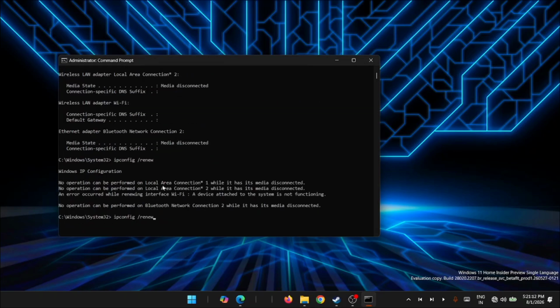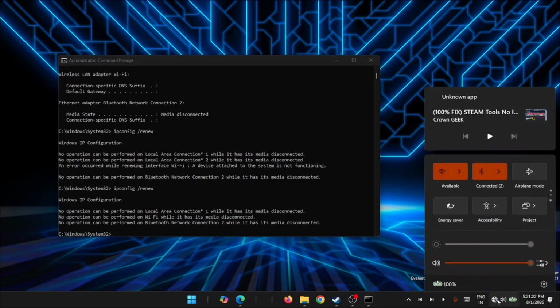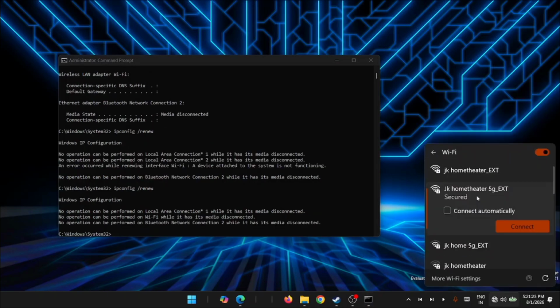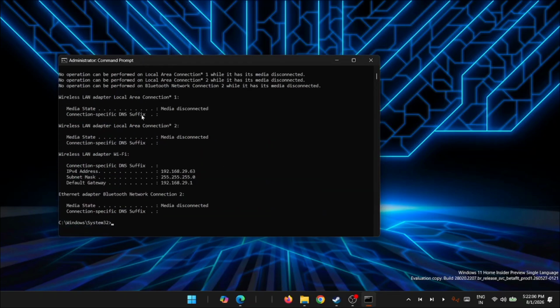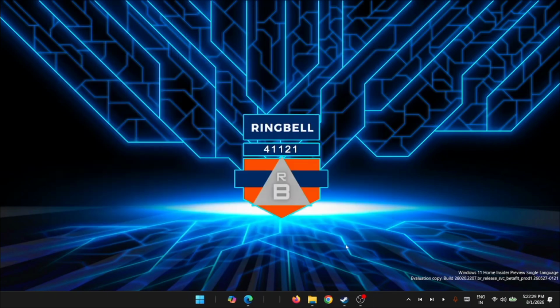If you get an error like this, you have to check whether the Wi-Fi is connected. If not, then connect it again. Now the IP has been successfully reset. Now once that is done, you can close down this command prompt and then you have to bring up the